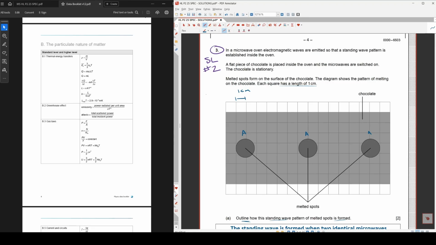Okay, that tells me something. Be careful with this because I'm going to get the wavelength from here. That's what it is. And to get the wavelength, it's going to be maybe double the distance you're thinking, because you've got to go between two of them. So if it helps at all,